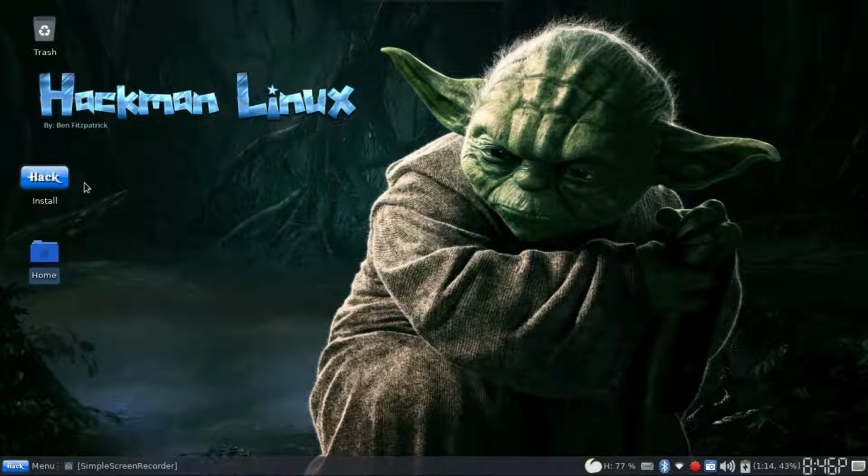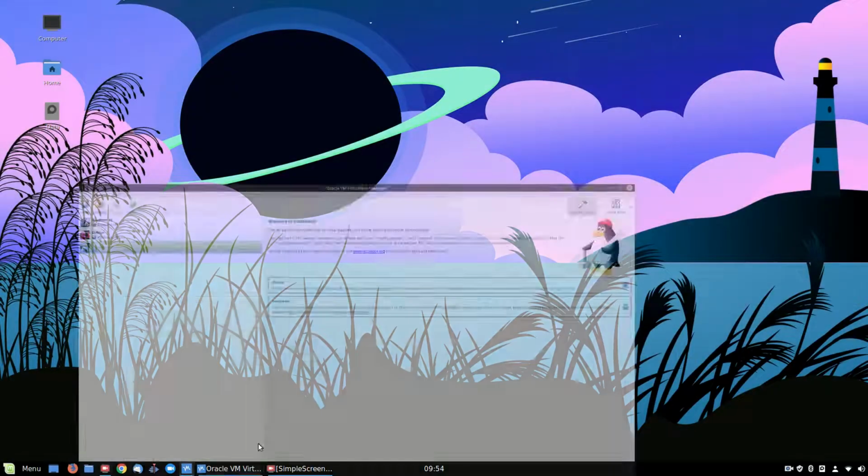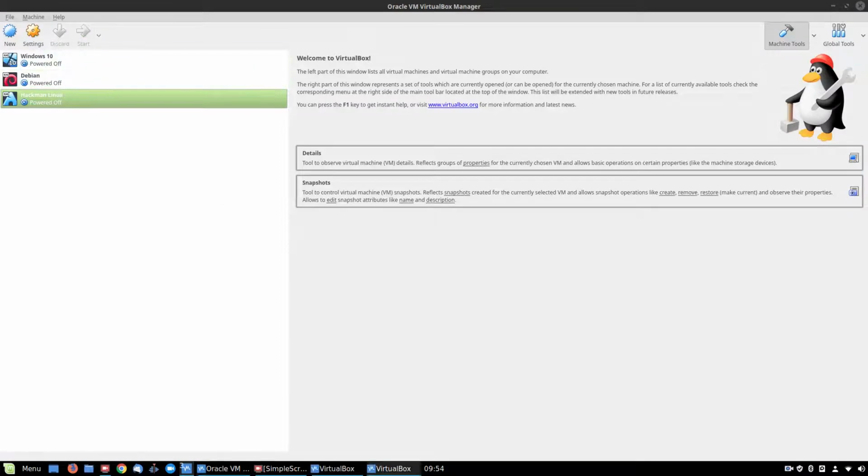we double click the hack button. Now before I install I will just show you how to log in, which is you've got to set the default to XFCE and the password is just keep it empty, keep it blank and just press enter, but you've got to set the default to XFCE. So I'm going to show you that in a VirtualBox because I can't show you on real hardware, so check that out. Okay, so we're going to be having a look at the Hackman Linux login, so let's get